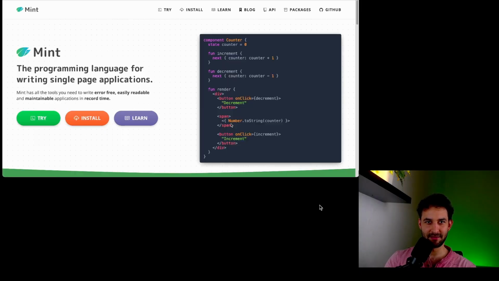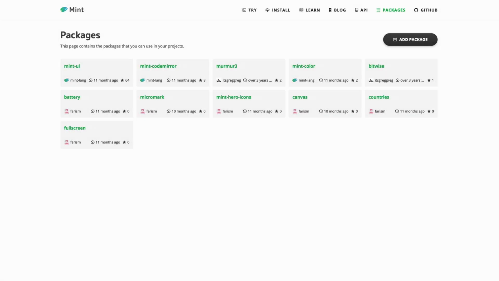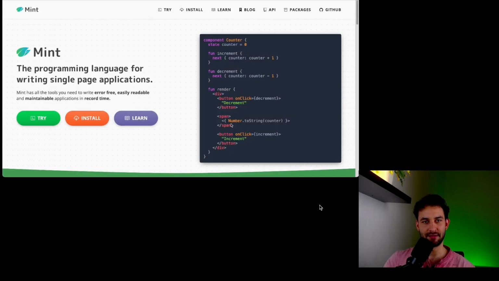The Mint language really does have the potential to revolutionize front-end programming. As an invention, it's on par with light bulbs and fridges. Please welcome the Mint programming language. So what is Mint? Mint is a programming language designed specifically for UIs. So it's a tailor-made language that is made to handle all the challenges that are related to UI building.